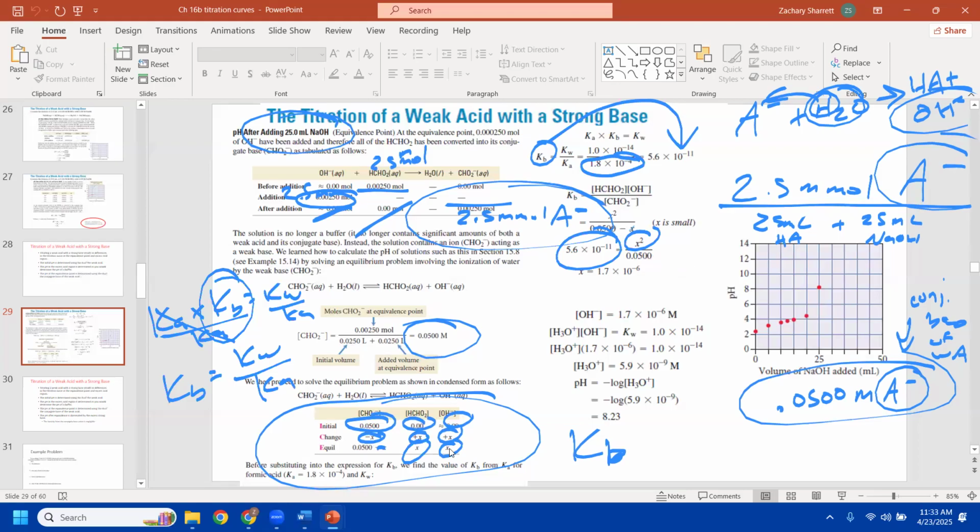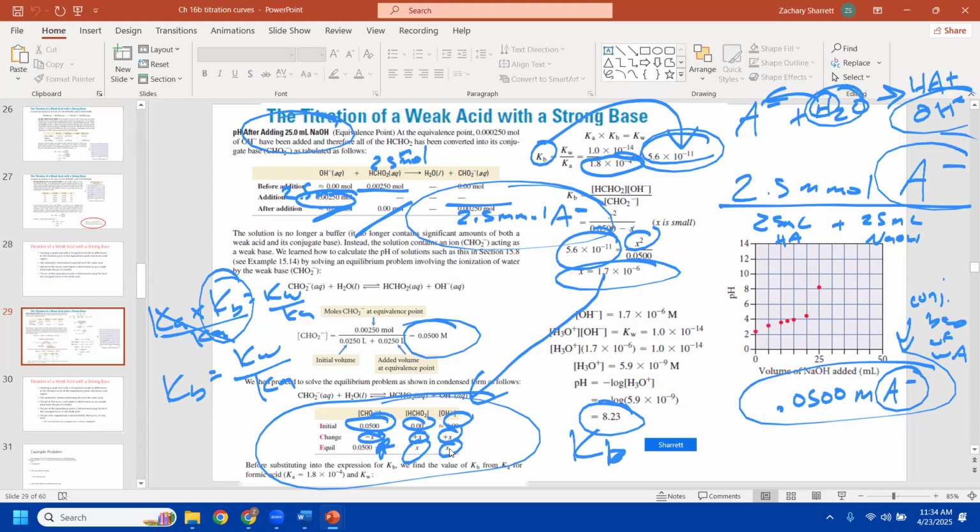Is this KB value a large value or a small value? Super small. So it's not really going to lose that much in this part over here, 0.5 minus x. So we make x negligible. The x's are negligible. So we solve for x. That gives us the OH minus concentration. We can find the negative log of that to find the pOH and do 14 minus, and that gives us